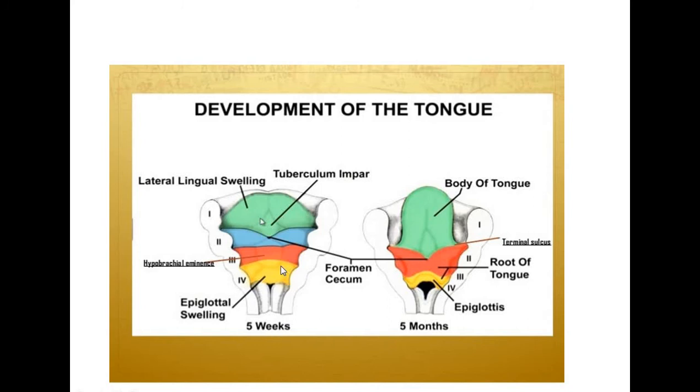So at 5 weeks, there is the presence of the pharyngeal arches: first, this is the second one, which gets buried afterwards, this is the third one, and this is the fourth one. At the age of 5 months of intrauterine life, there is the formation of the body of the tongue with the fusion of the two lingual swellings, and they are separated by a midline septum, which is called the midline fibrous septum. Foramen cecum is present. The second arch, shown in blue color, gets buried in the first arch. This is the copula part, which develops the posterior one-third part of the tongue, and this yellowish part is the posterior-most part along with the epiglottis development.